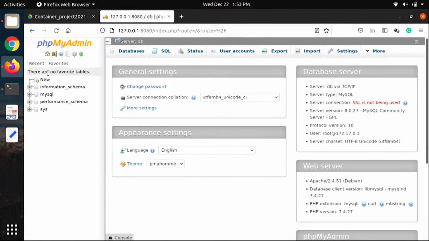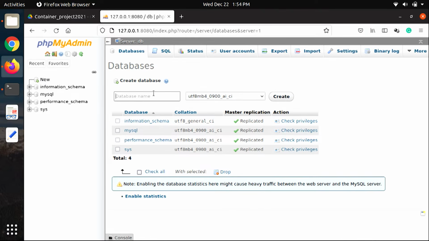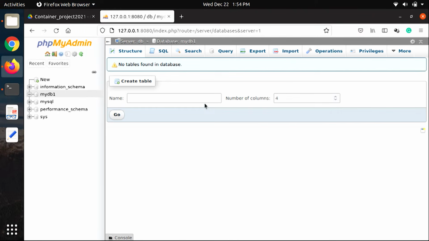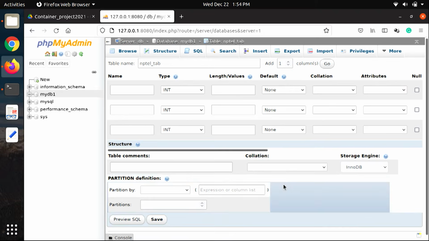Now let us try to create new database and new tables over here. So yeah, actually, this is a DB thing. Yes, we are first creating a new database, and inside that we are creating some new table. Table you give nptel tab, you can give it something there. Yeah. nptel tab. Okay. Yes. Let us take 3 columns, say, for timing. Okay. So yeah, let us create. Okay. Name of the table may be course. Yeah. This column is course ID.